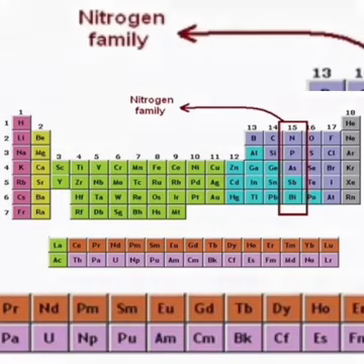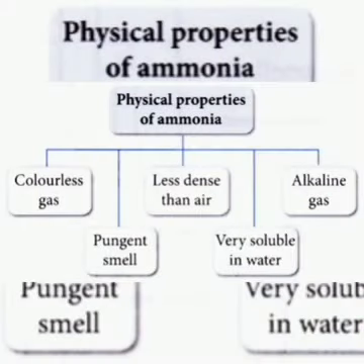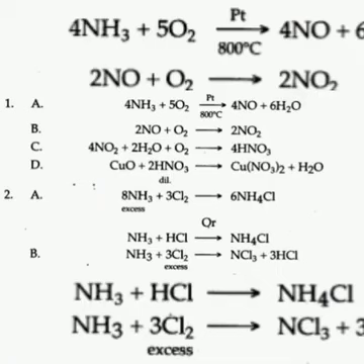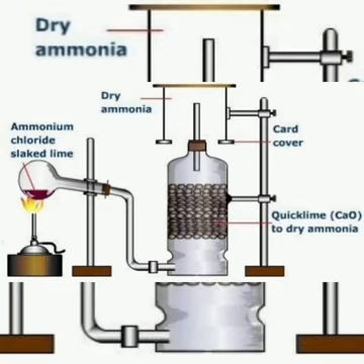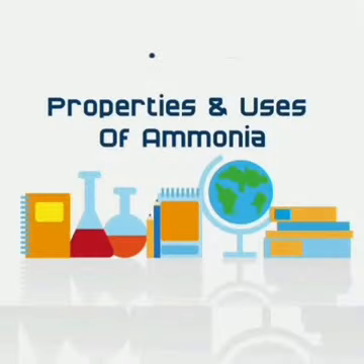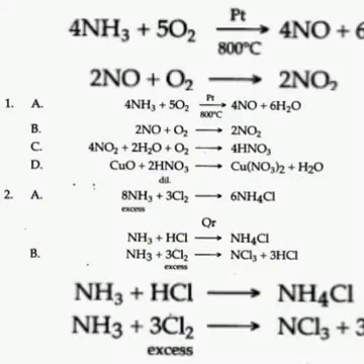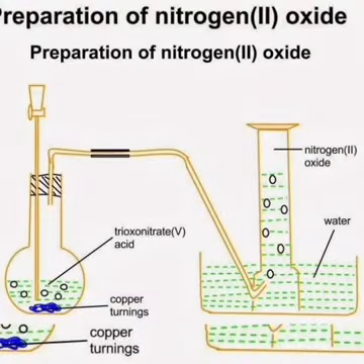Now we are discussing the P block element 2. What are the chemical properties of ammonia? The first one is about the reducing properties. In the last class we discussed the preparation of ammonia, the physical properties of ammonia, and the chemical properties such as the action of heat and the reaction with air, etc. We'll discuss that one, and also